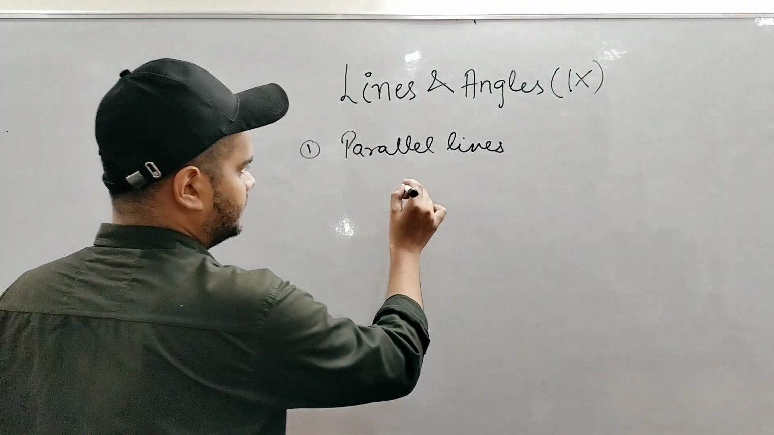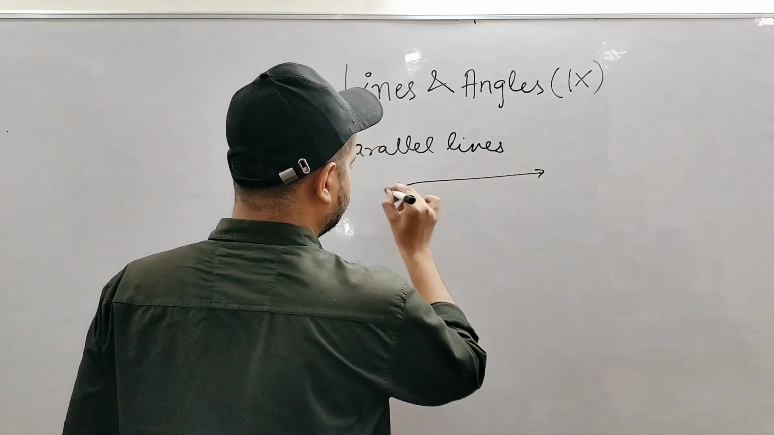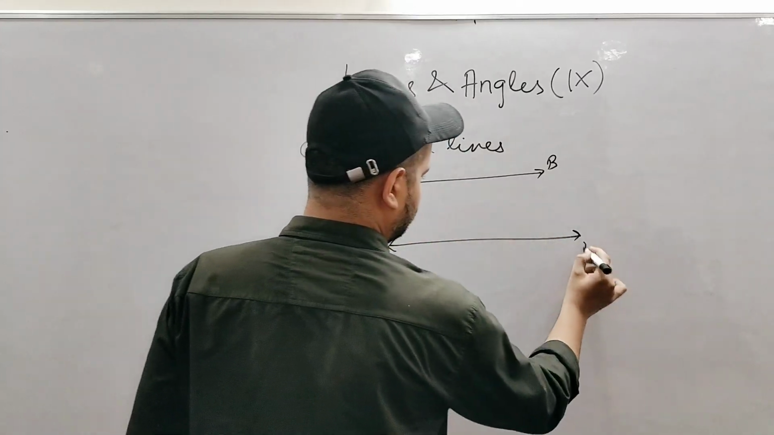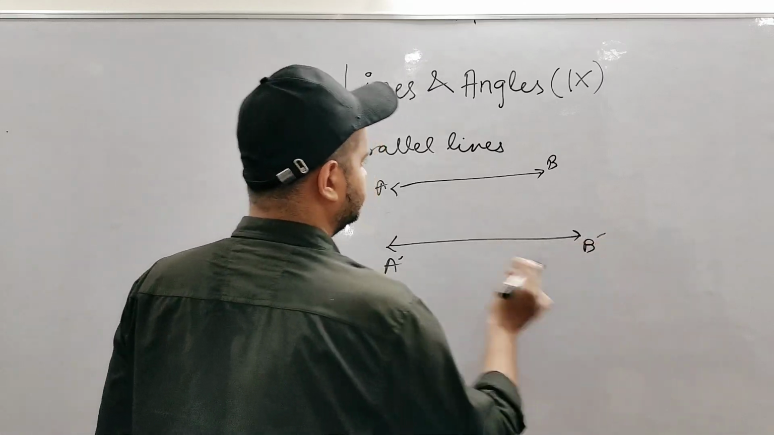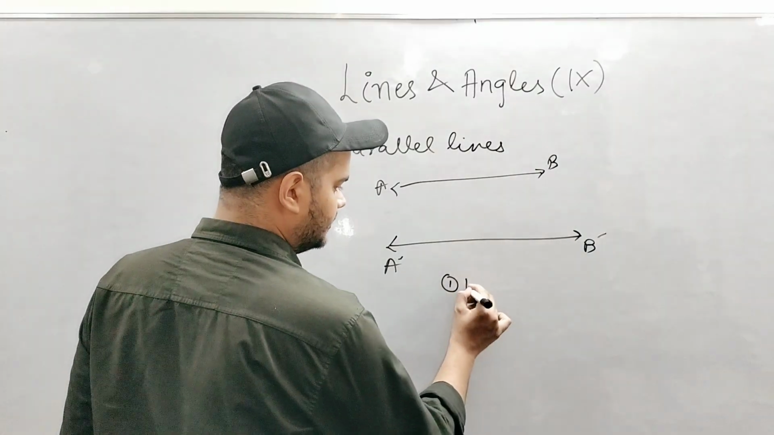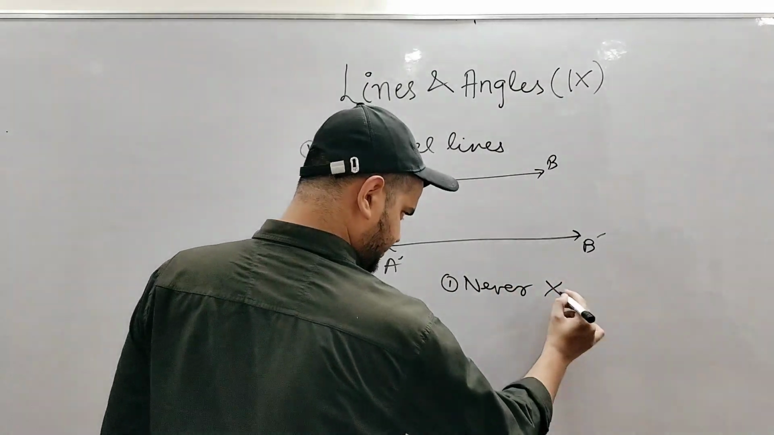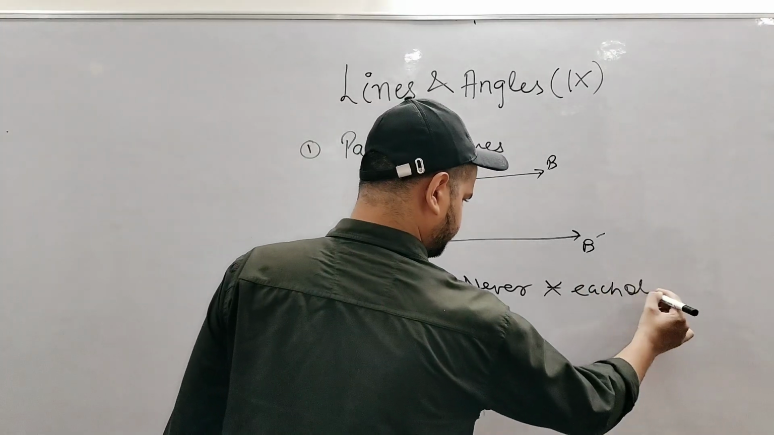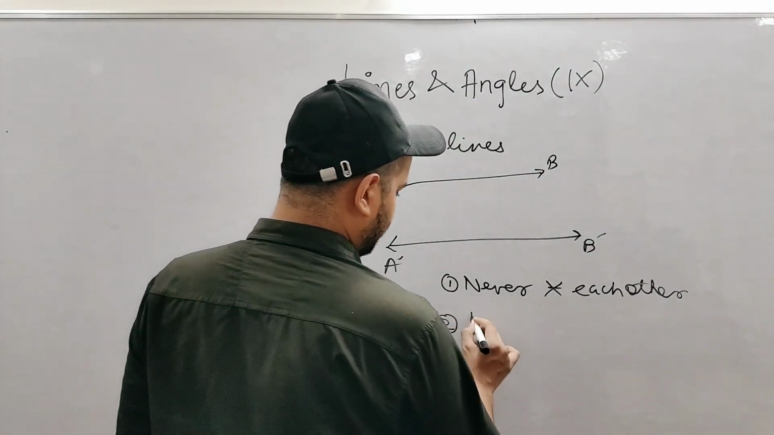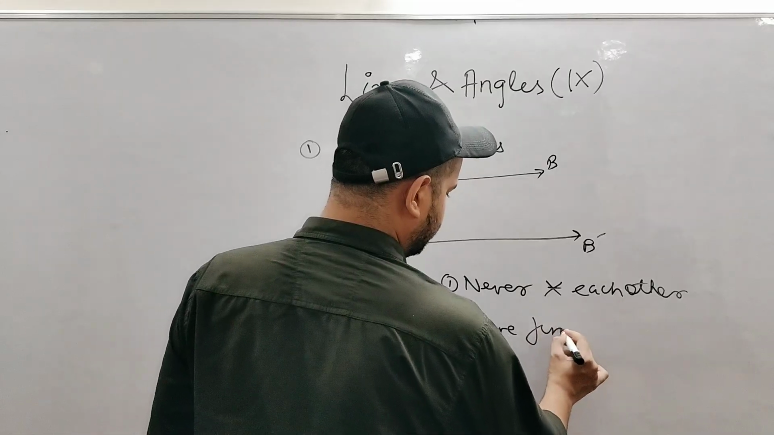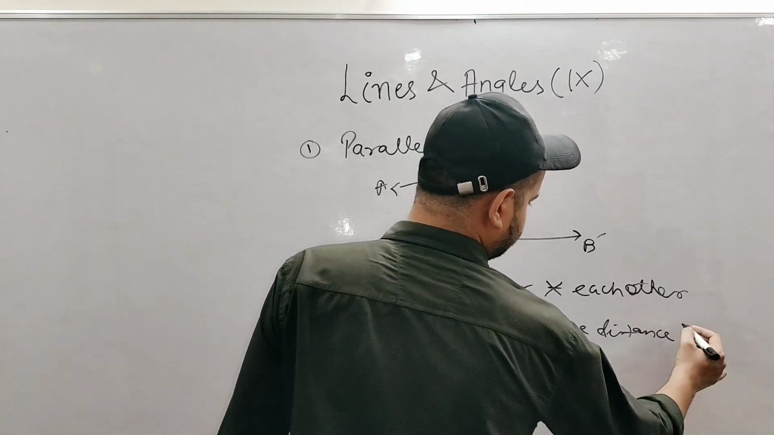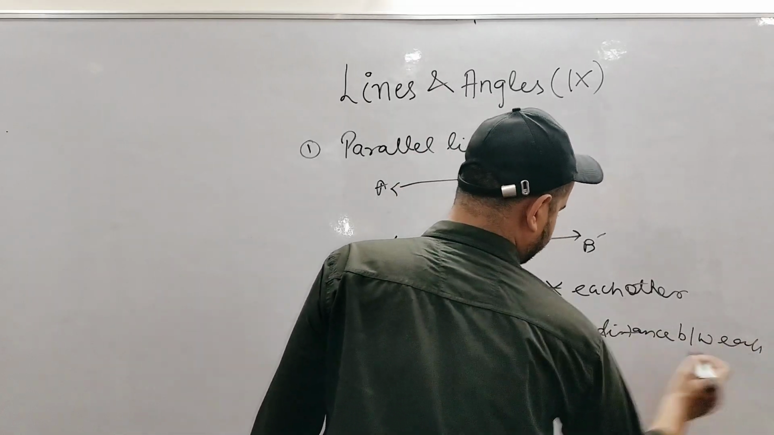What are parallel lines? Two lines AB and A dash B are said to be parallel if they never intersect each other. If they never intersect each other, they have a finite distance between each point,